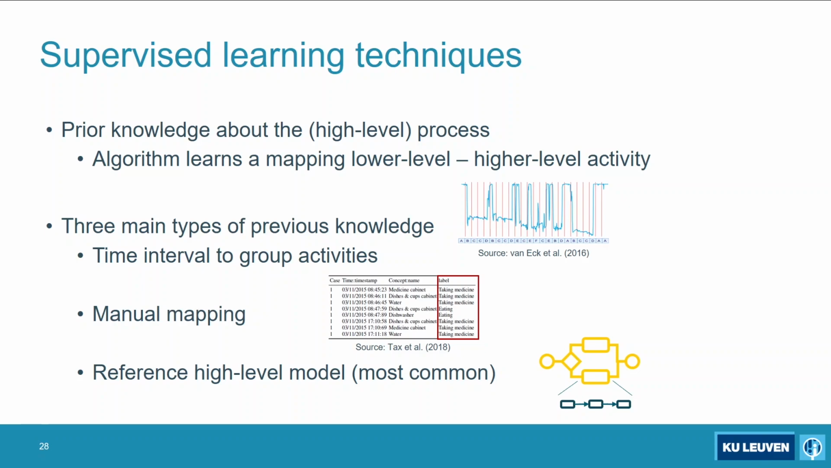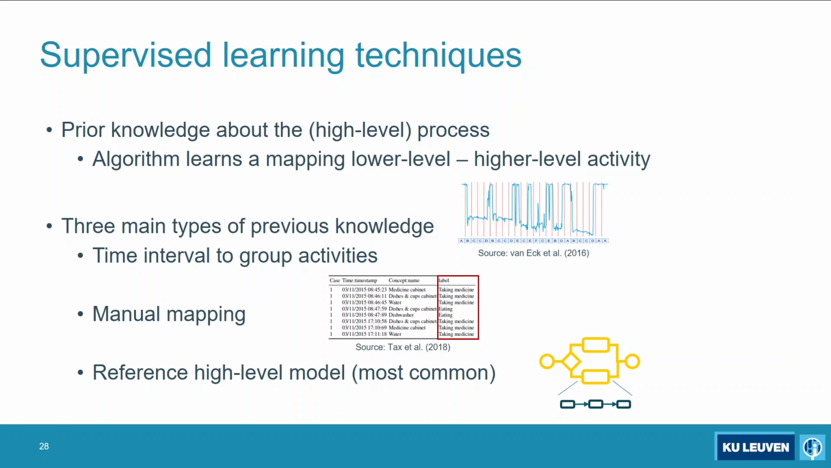Basically, it is explicit expert knowledge that you apply to these lower-level event data to transform them to a higher-level event, or to a set of higher-level events. This is typically not easily obtained, but a lot of techniques focus on that manual mapping, trying to extract that knowledge from experts in order to build a mapping that can be reused